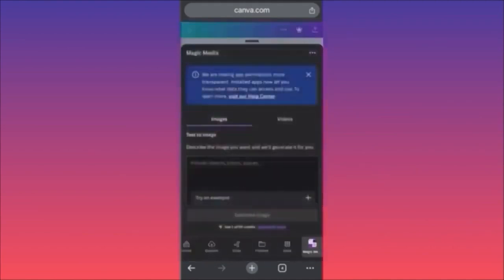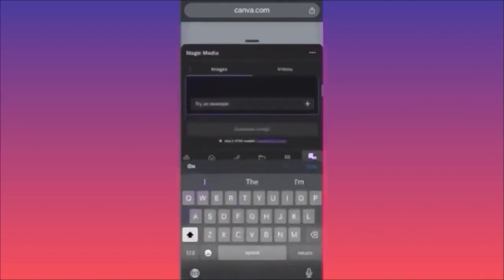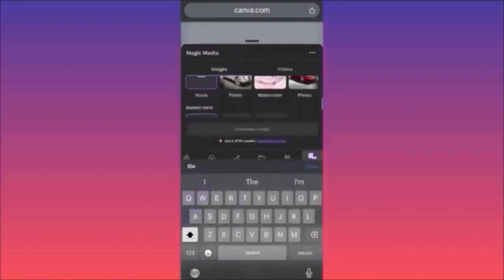In our example we're going to create a logo, and the way how this actually works is that when you come over here you have to type a particular prompt. When you type the prompt, you also have to choose underneath the style of the prompt. So in our example we are going to create